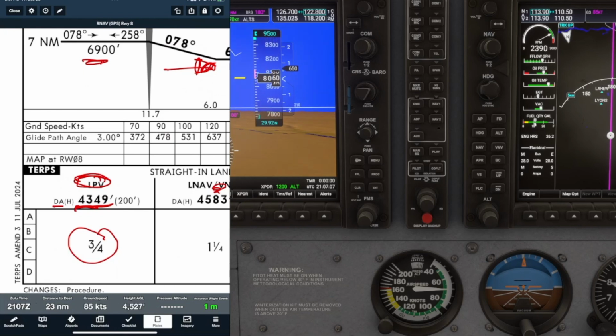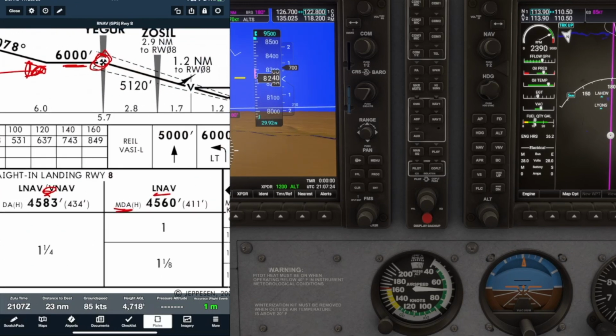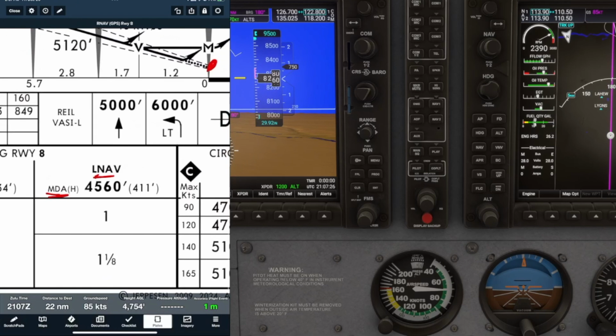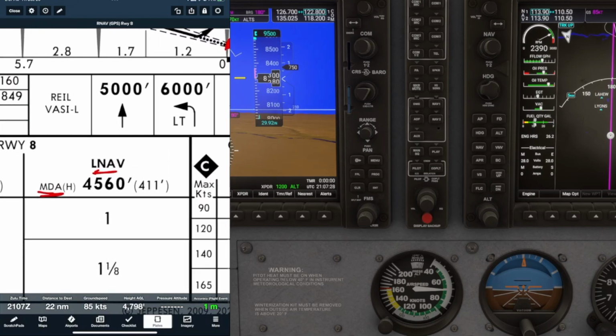And in reality, the plane is momentarily going to go below 4,349 feet because we've got gravity and momentum and the nose is pointed down. It's just not like you can instantly level out when you get to minimums. And that's perfectly legal. On the other hand, if you are flying a non-precision approach, an LNAV approach, you'll notice that it says MDA, and that stands for minimum descent altitude. You cannot legally go below